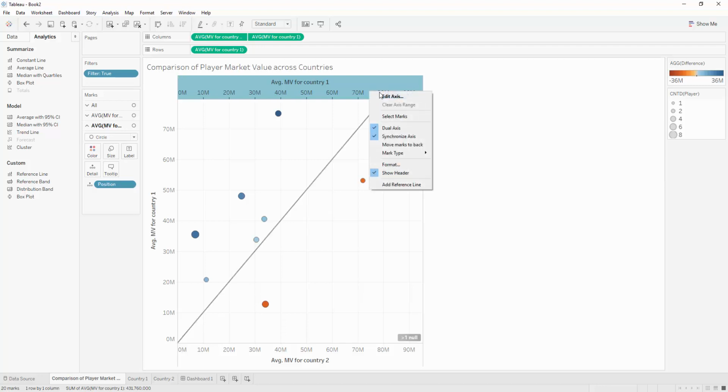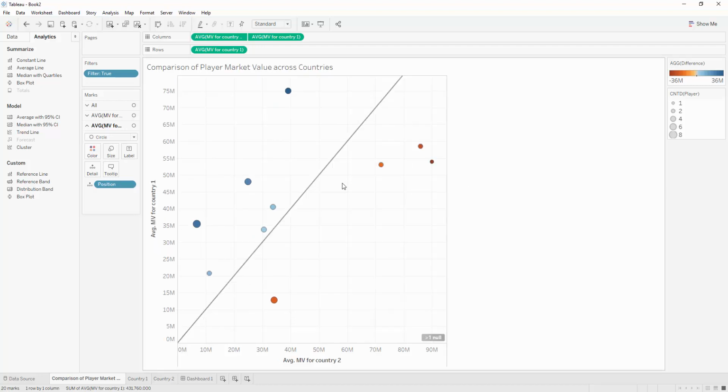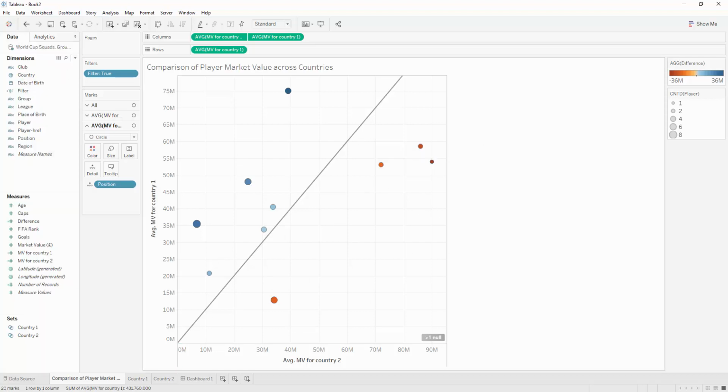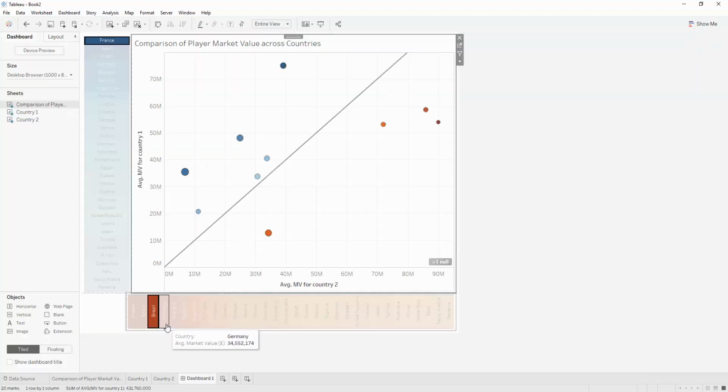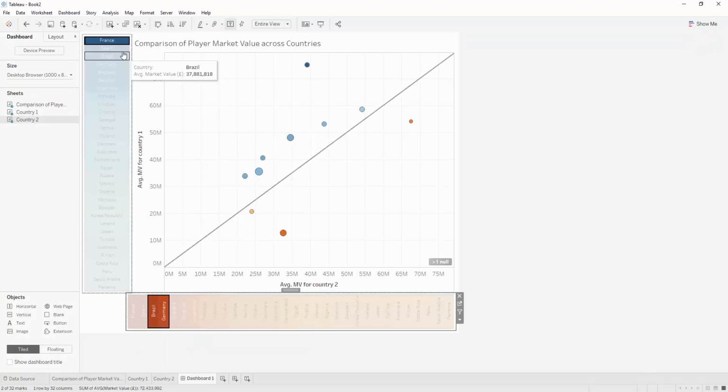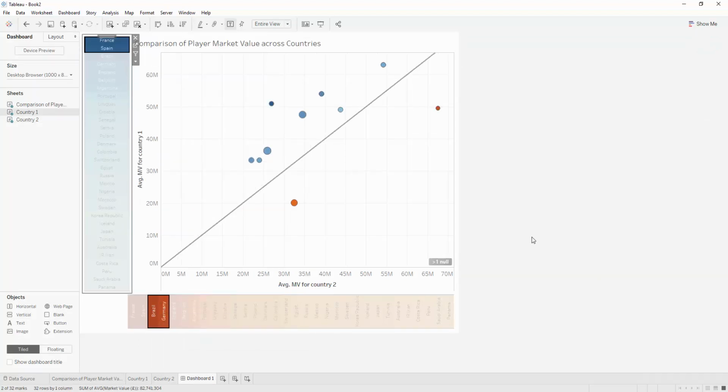So we'll go and synchronize those axes and then hide this header. And so then you can see that anything on this side of the line is strictly in favor of the blue country. Anything else on this side is strictly in favor of the orange country, right, which is Brazil and Germany versus, let's say, France and Spain. And so now,